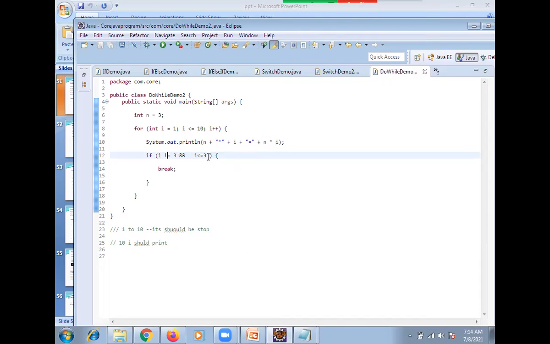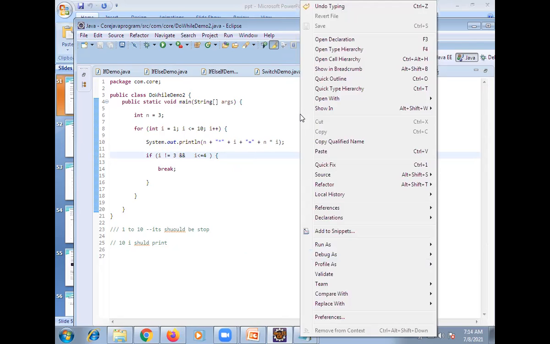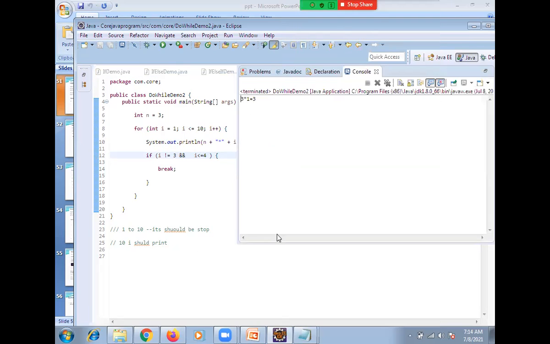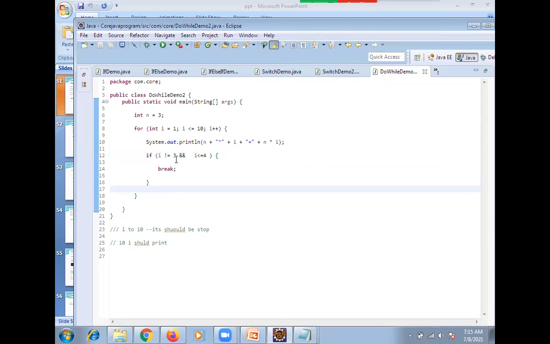Now I am checking this condition: not equal to 3, and this was 4. If I is not equal to 3 and I less than or equal to 4, in the first step itself it will skip, because initially 1 came, 1 not equal to 3 is true, and 1 less than 4, the condition is satisfied.